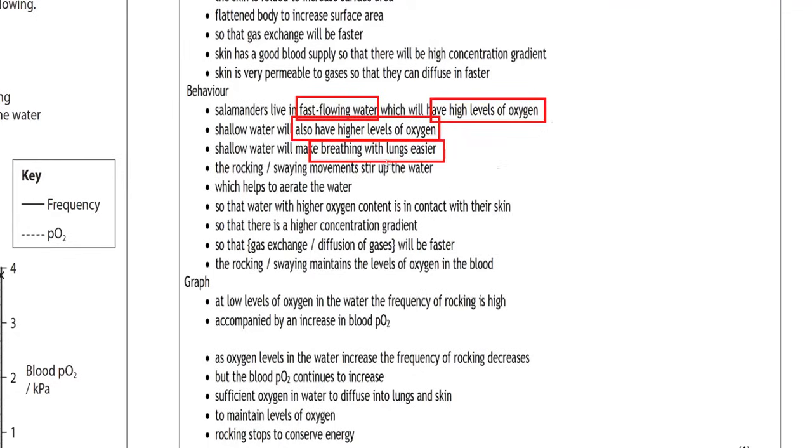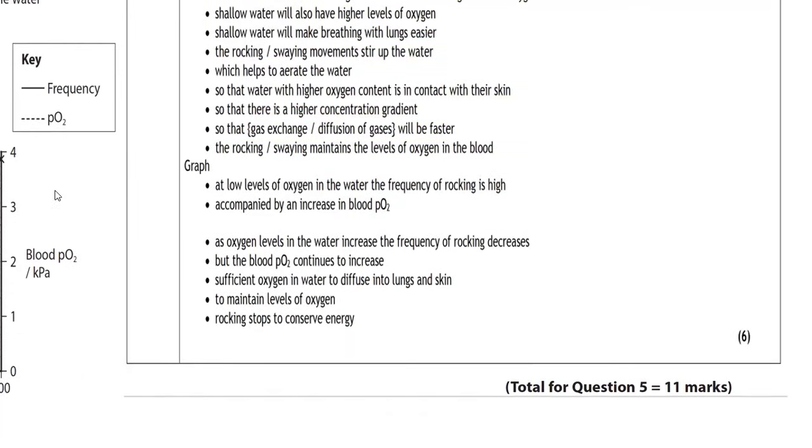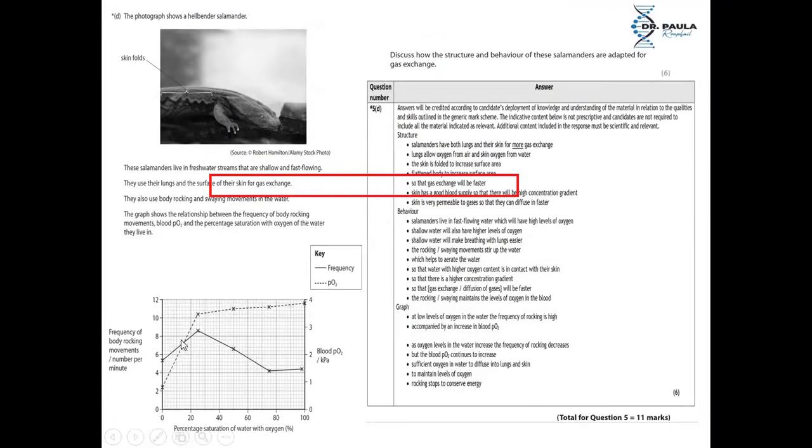The idea of the rocking movement, stirring up the water, allows the water to get more oxygen, as you see here. Water with high oxygen content comes into contact with the skin. So there will be a higher concentration gradient, gas exchange will be faster, so the rocking maintains the level of oxygen, as you see. Now what about the graph? We already talked about the graph. At a low level of oxygen in the water, the frequency of rocking is high. Remember, when we say this part, the complete line is high,